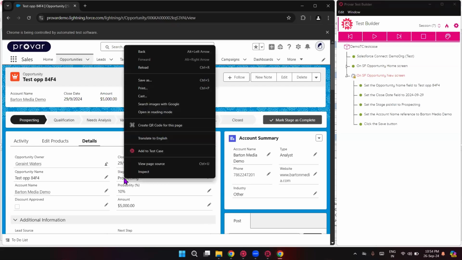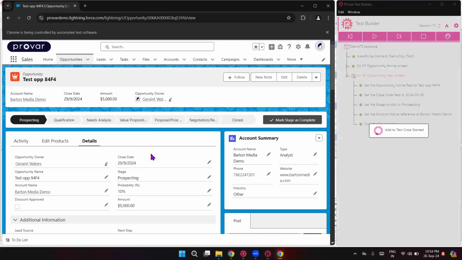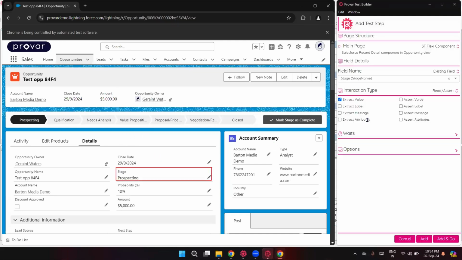What I'll be doing, I'll just right click on that and add to test case. What it will do, it will again, with the help of metadata, fetch all the information. And this time we are dealing with an SF Flexi component, right? Whether you are working on a normal Salesforce layout or a Flexi component, maybe Aura, maybe Visualforce, you don't have to worry about any of this, because as soon as you map any field or interact with any field, whatever the component it is, it will be automatically fetched